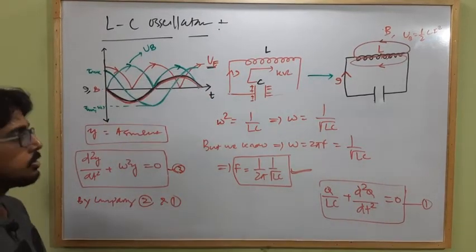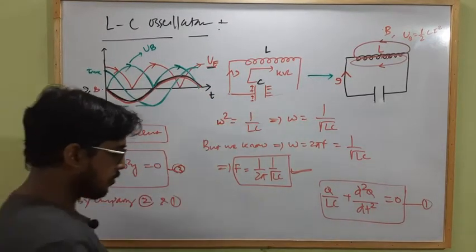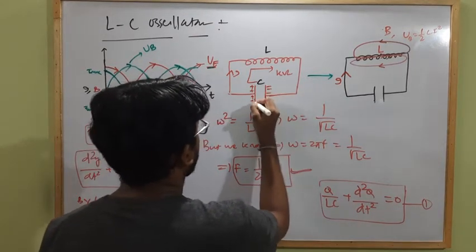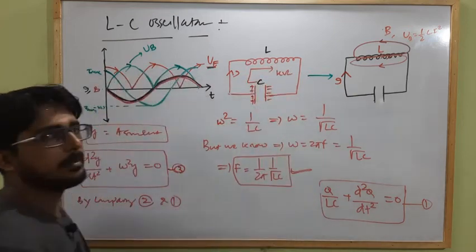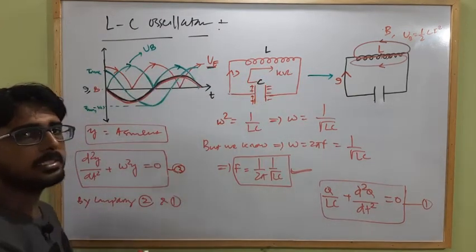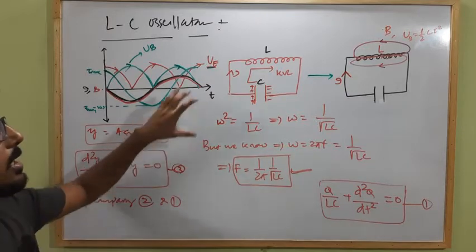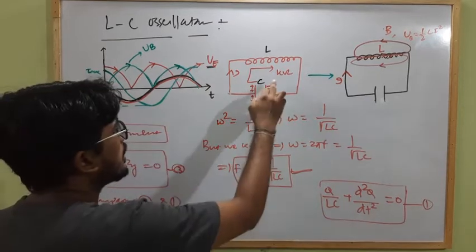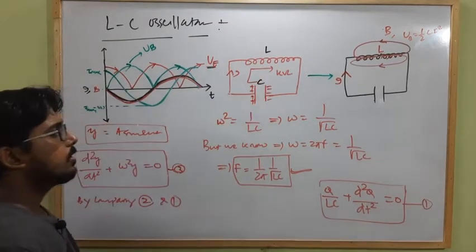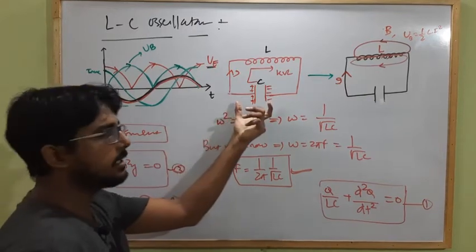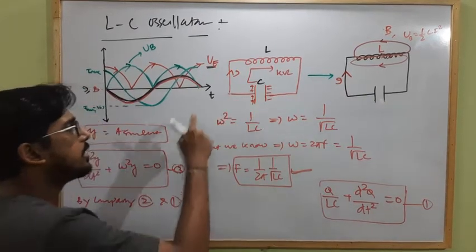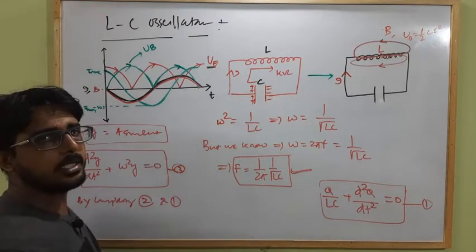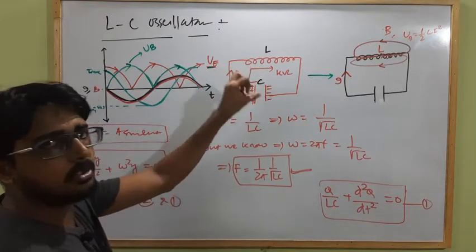Clear? So in an LC circuit in which the inductor and the capacitor are connected in parallel, we get the current, electric field and magnetic field, which vary with respect to time and change their direction alternately. That way they are in the form of alternating current. So in an LC circuit, what is the use? The LC circuit is generally used, as we already studied, in an LC circuit the electric field and the magnetic field change alternately, and the current is also changing its direction alternately.